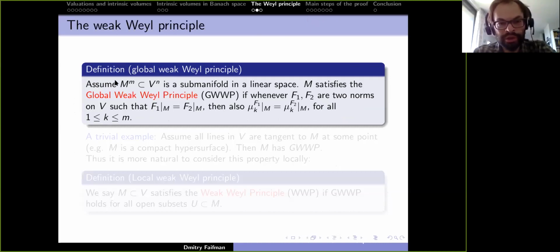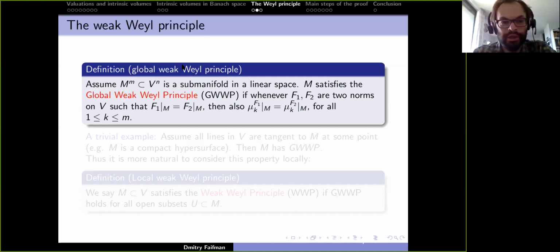We will say that a submanifold M in a linear space V satisfies the global weak Weyl principle if whenever you have two norms on the space which restrict to the same Finsler structure on the manifold, then the corresponding intrinsic volumes restrict to the same valuation on your manifold, which one might want to call the intrinsic volume of the manifold. So that's a property of a manifold inside the linear space, no metric